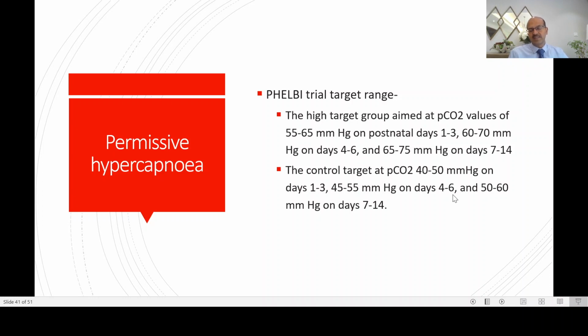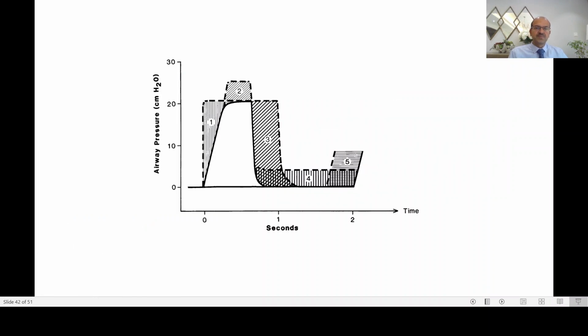So here in the control group itself, we do have permissive hypercapnia, which most of us use. And remember that these are different if you use capillary samples, because capillary CO2 is going to be higher than the arterial CO2 by 3 to 5 millimeter of mercury. So the message here is that you can have permissive hypercapnia to a reasonable degree. Be careful in the first 3 days. Be careful in asphyxiated babies, so better to keep them in the normal range. And even in PPHN, you don't want hypocapnia, and you also want to avoid hypercapnia. You want the CO2 in the 35 to 40 millimeter range.